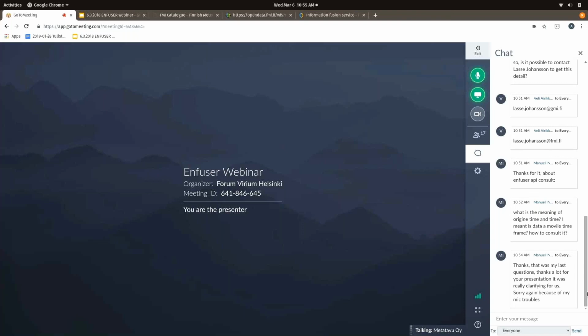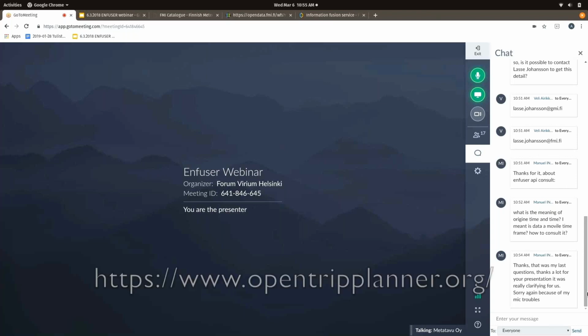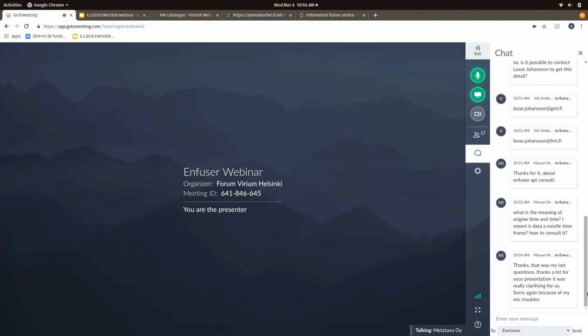Almost everything is open source. There's one project that contained some formulas about how to calculate the AQI, and it was not open data, so we couldn't publish it, but everything else actually is open source. Most of the work we did is to Open Trip Planner, which is an open source routing system, and in that we read the netcdf file and modified the graph data so that users can